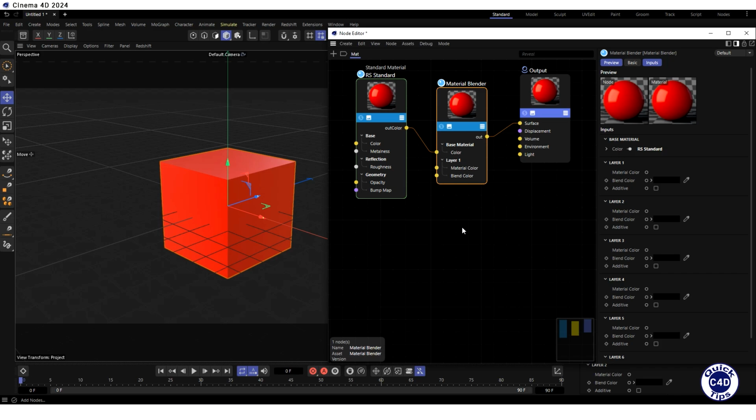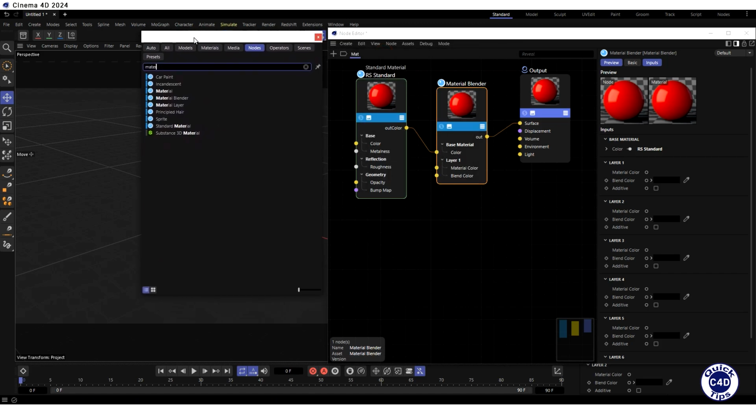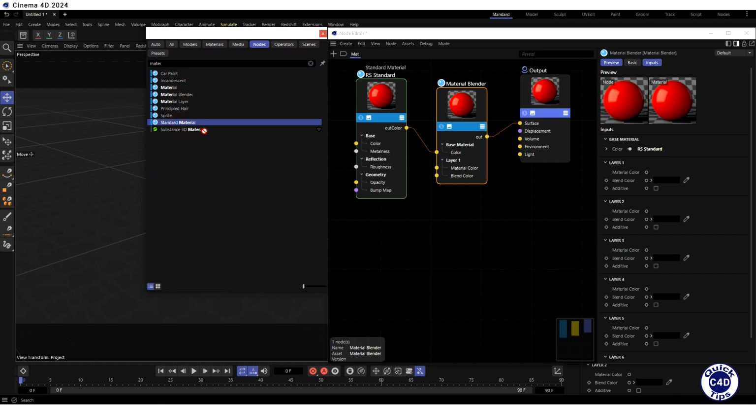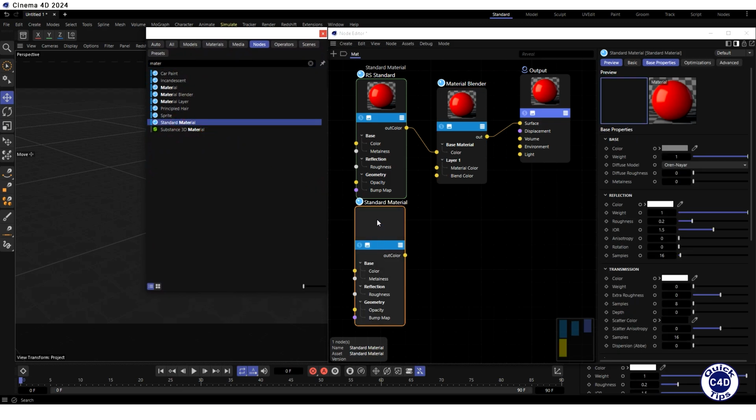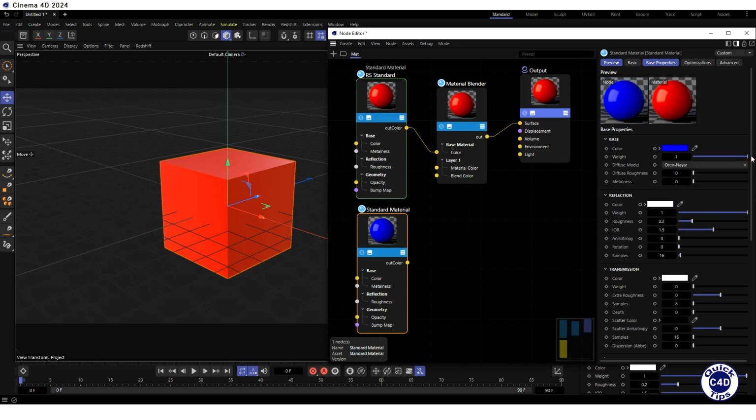Now let's create another material in the node editor that will overlap the base material. To do this, click on the Add Nodes Plus logo, search for material, drag and drop the standard material into the node editor, change its color to blue, and connect the out-color output of the standard material to the Layer 1 material color input of the material blender